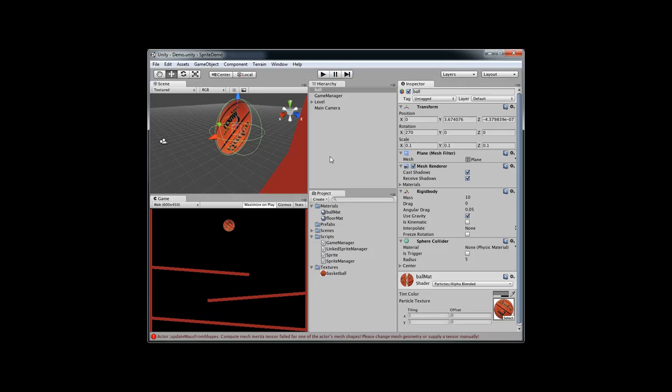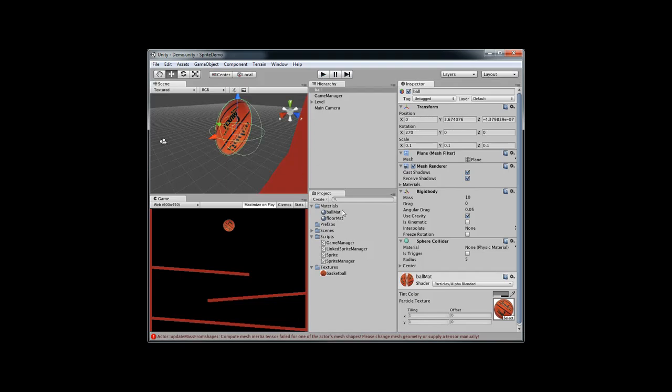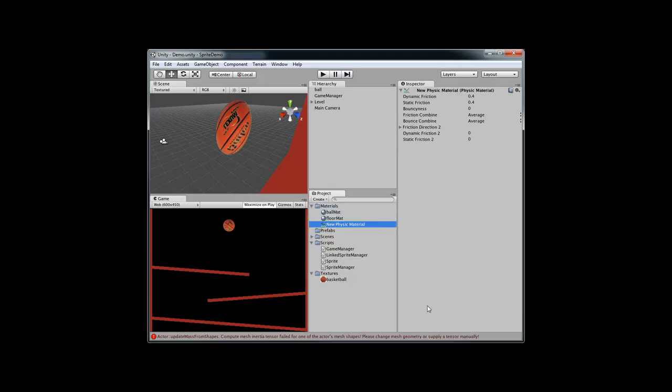So now we've got it interacting. Now, one of the things you've noticed is it didn't really bounce. It just kind of fell and stuck and rolled. Now, if you want to make it bounce, we need to add another material. The material that we need to add, though, instead of being a regular material, is actually a physics material. A physics material basically defines how this sprite is going to react